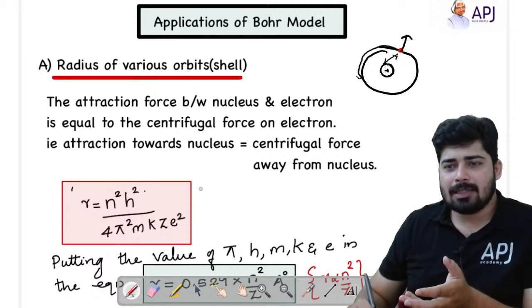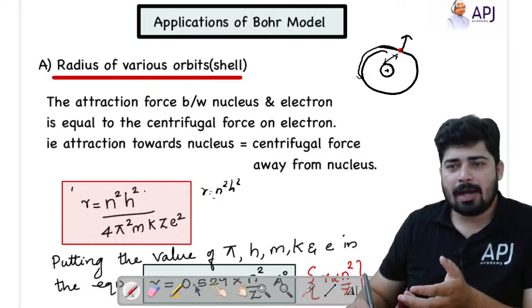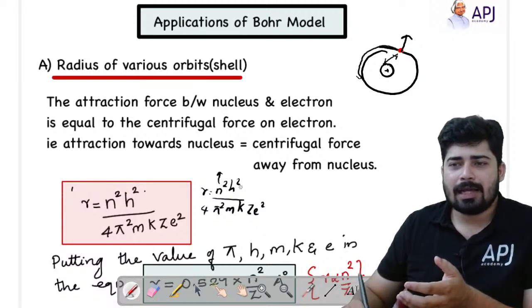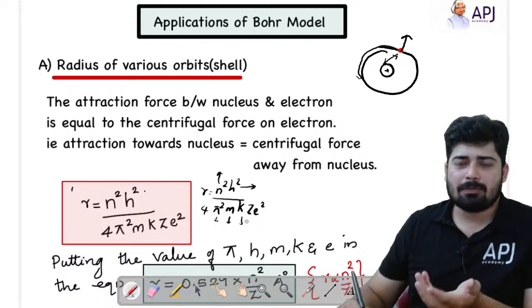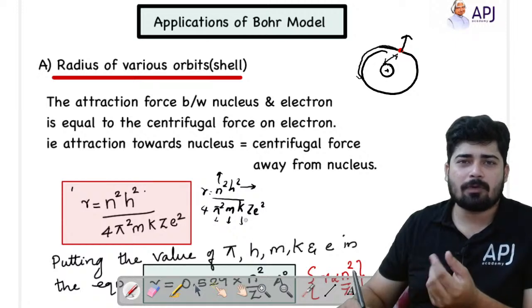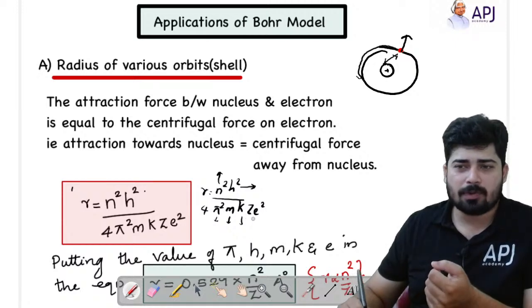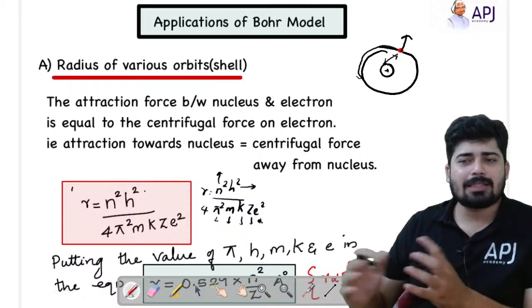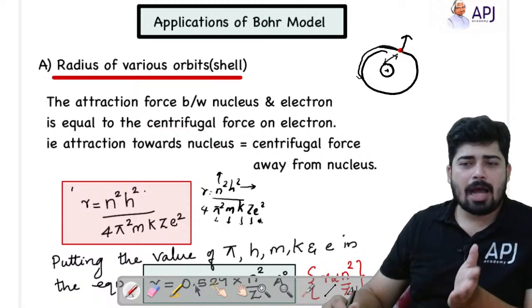Okay, so r is equal to n square h square by 4 pi square m k z e square. So you know that n means the number of the shell, h means Planck's constant, pi is a constant, m is mass, k is 1 by 4 pi epsilon 0, the constant for electrostatic force, z is the atomic number, and e is the charge of the electron. These terms we are very familiar with, and if you substitute